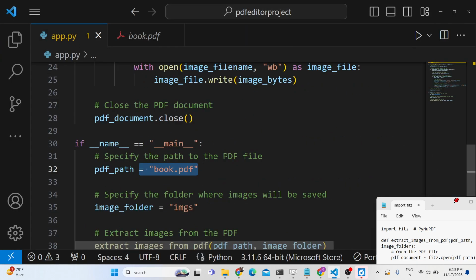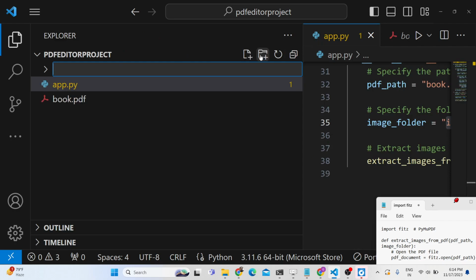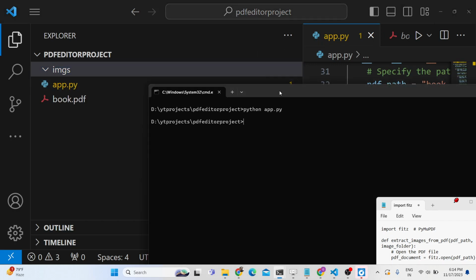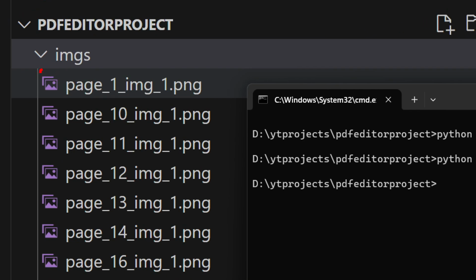Before running the script, you need to make that folder, whatever folder name you need to put here. I put images, so I need to create images before you run this. So simply do this. After you run this script guys, if I run python app.py now, just notice the left hand side. You will see that automatically all the images have been extracted and saved